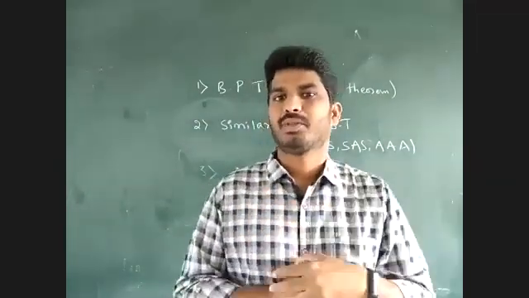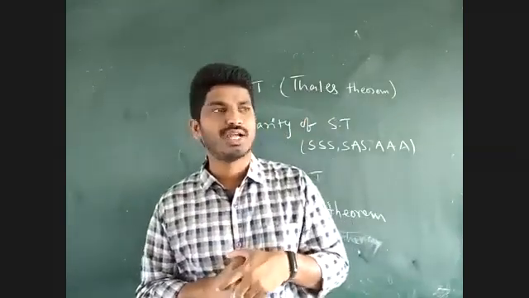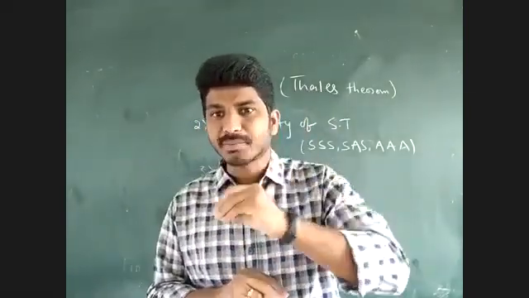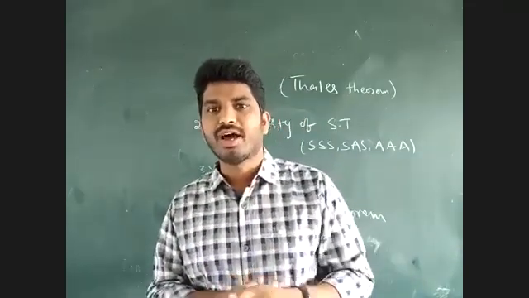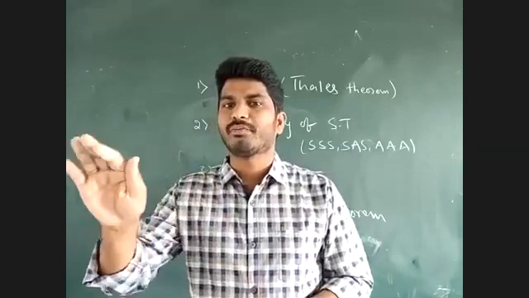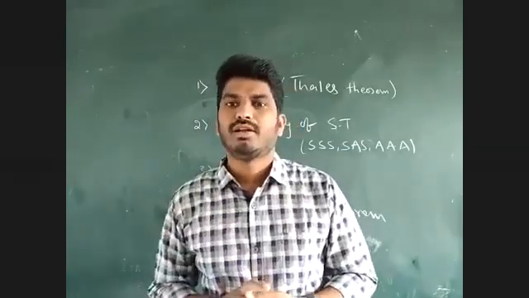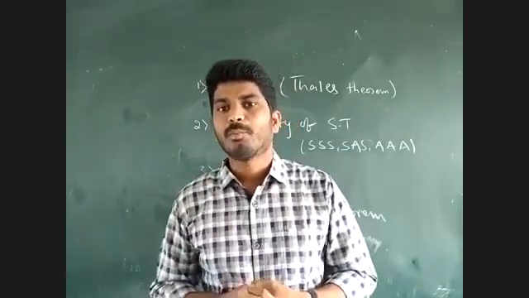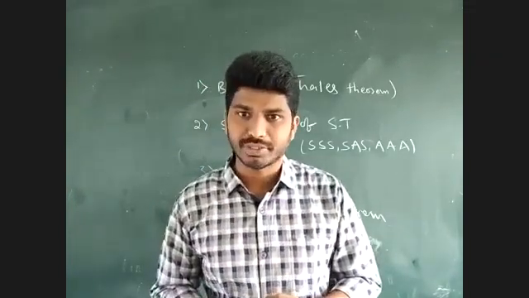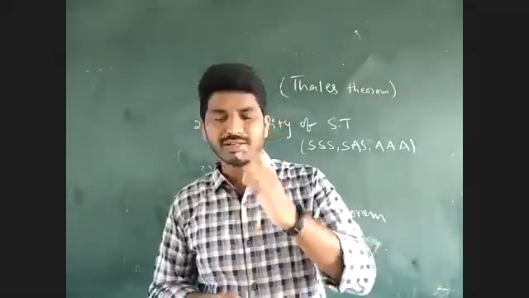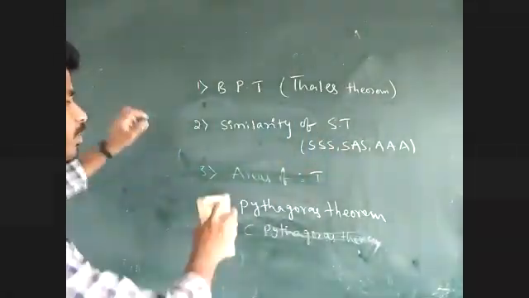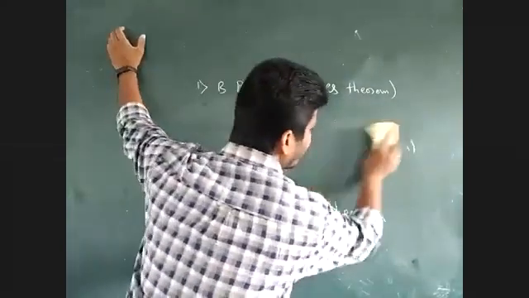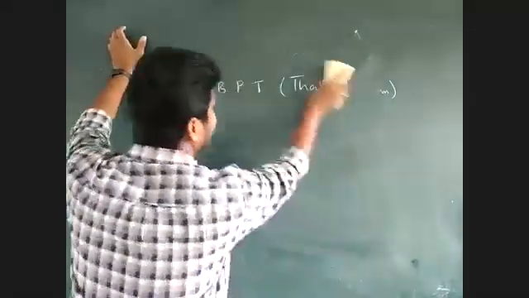See, what does the basic proportionality theorem say? This basic proportionality theorem says that if a line is drawn parallel to any one side of a triangle, then that line divides the other two sides in the same ratio. If a line is drawn parallel to any one side of a triangle,